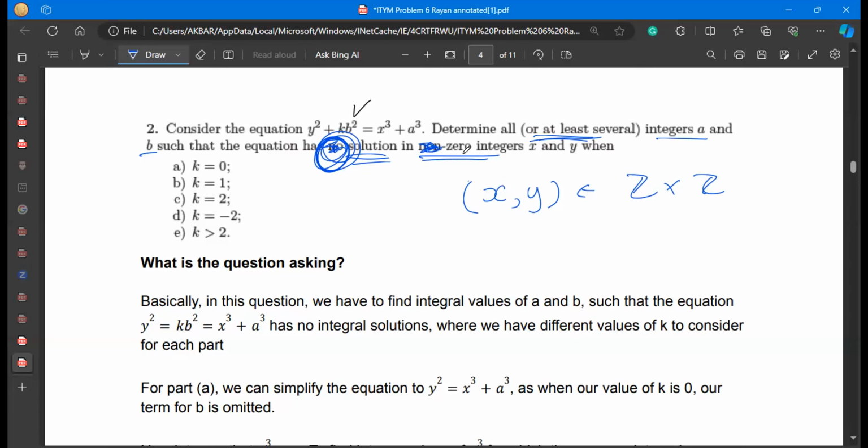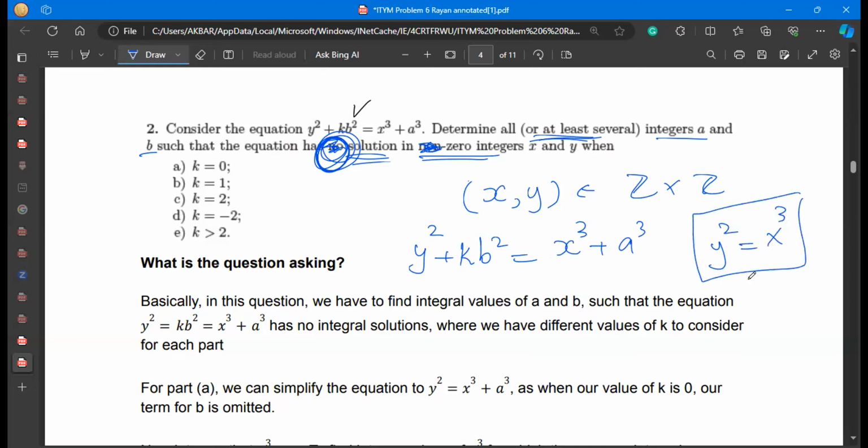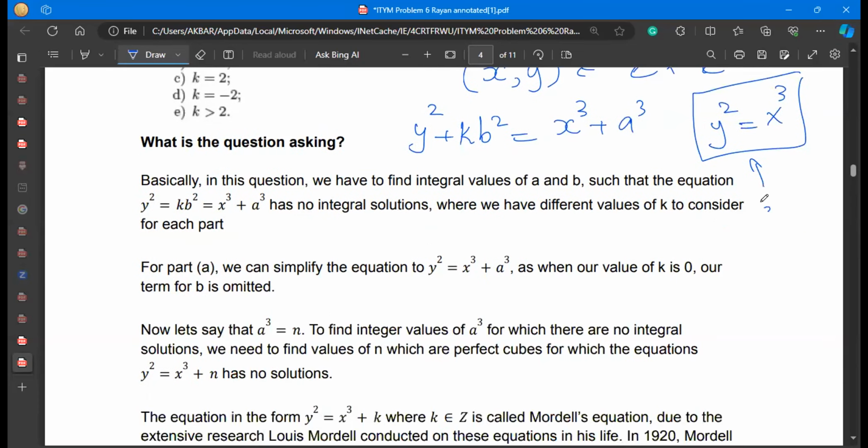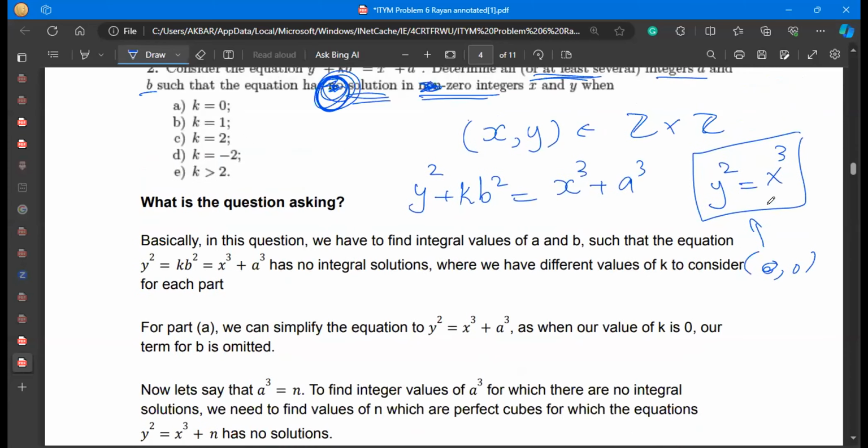ठीक है। अब सॉल्यूशन इन जीरो का मतलब क्या है कि ये जो इक्वेशन है मेरे ख्याल से y square इक्वल्स टू x cube प्लस a x plus b, ये प्रॉब्लम कन्वर्ट हो जाए इस प्रॉब्लम में, किस प्रॉब्लम में कन्वर्ट हो जाए, इस प्रॉब्लम में कन्वर्ट हो जाए। क्यों, क्योंकि ये ही वो केस है कि जिसमें 0 0 ही इसका सॉल्यूशन हो सकता है, ओनली 0 इज द सॉल्यूशन, ठीक।